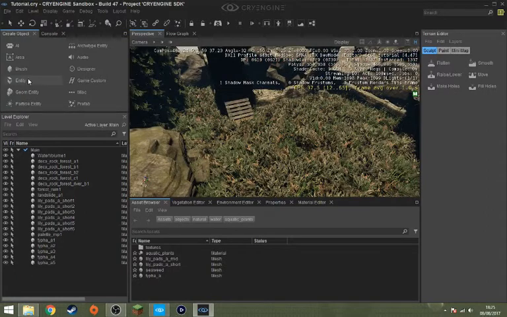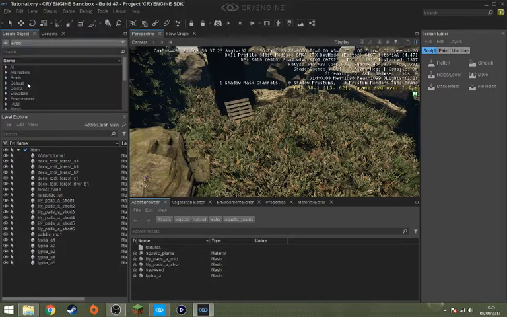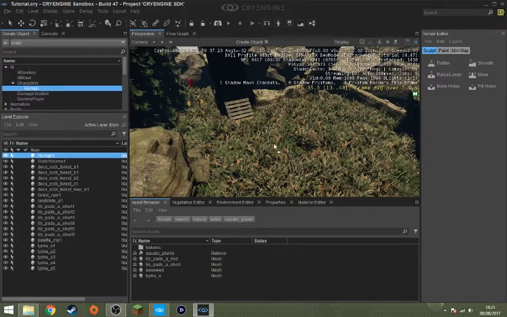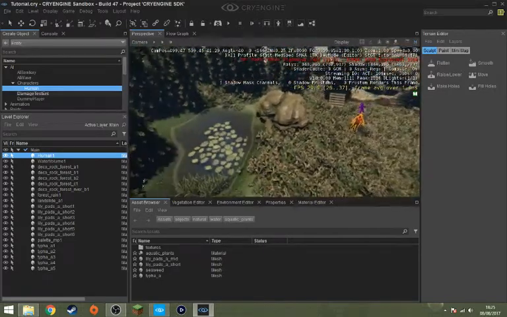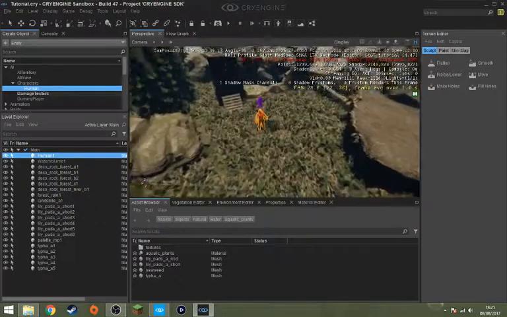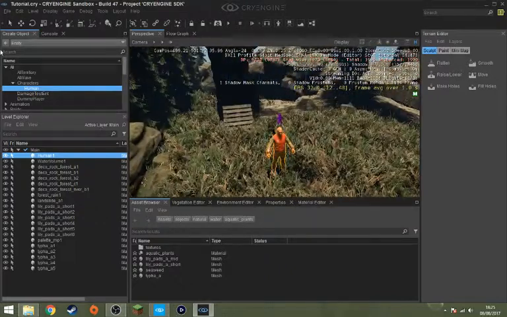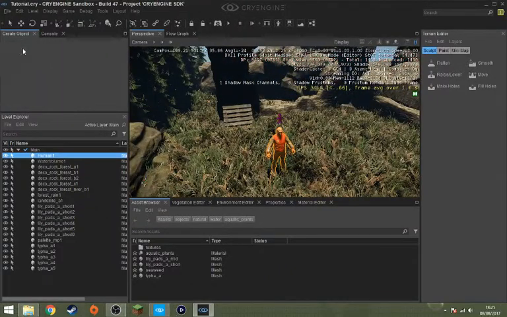Okay, so we'll firstly go into Entity, go to AI, Characters, Human. Drag a human out, place him wherever you like in your scene. I've put him here. Next, you're going to want to go into AI. This is in Create Object, and find